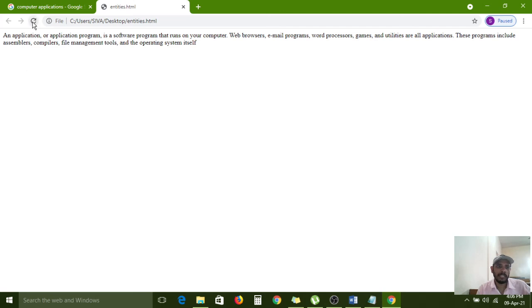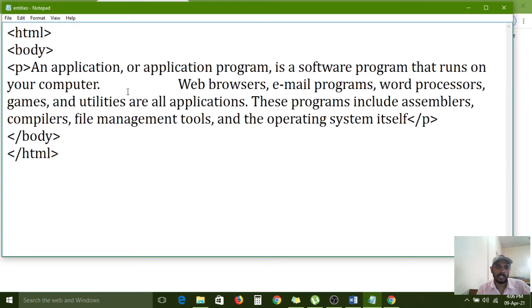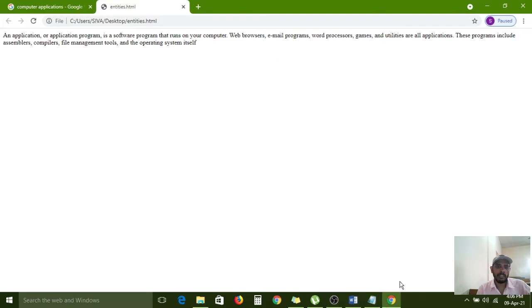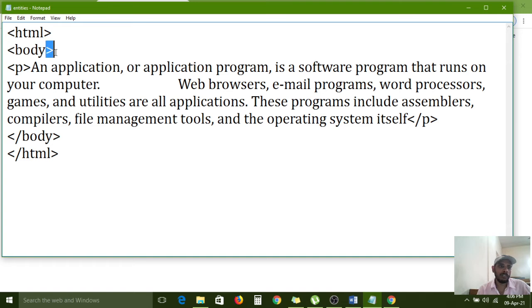Again I am refreshing this page. Is it taking any space here? Here I gave this much space, but at execution time the white spaces are removed by the interpreter. If you want to forcefully apply those white spaces, we compulsorily need to use entities, and also for less than, greater than, all those things. If you want to use them, there is also a problem, because less than and greater than are used in the markup. If you use them in between text, it will not print.